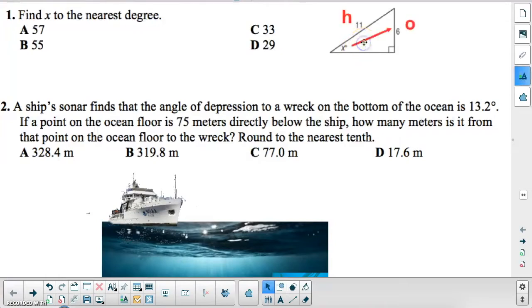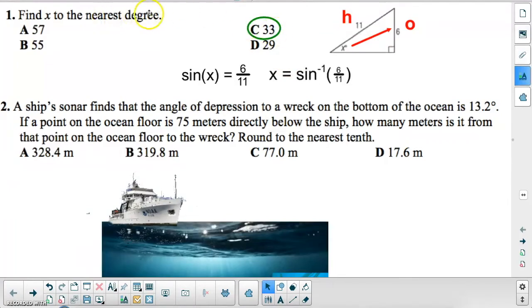So we know the 6 is opposite, the 11 is the hypotenuse. Opposite and hypotenuse means we're going to use sine. So we set up the trig equation, sine of x, the angle we're trying to find, equals opposite over hypotenuse, 6 over 11. To get x by itself, we have to do the inverse sine of both sides. When we do that, x will be by itself, but we have to take the inverse sine of 6 over 11. When we do that in our calculator, and we make sure our calculator's in degrees, we get 33 degrees